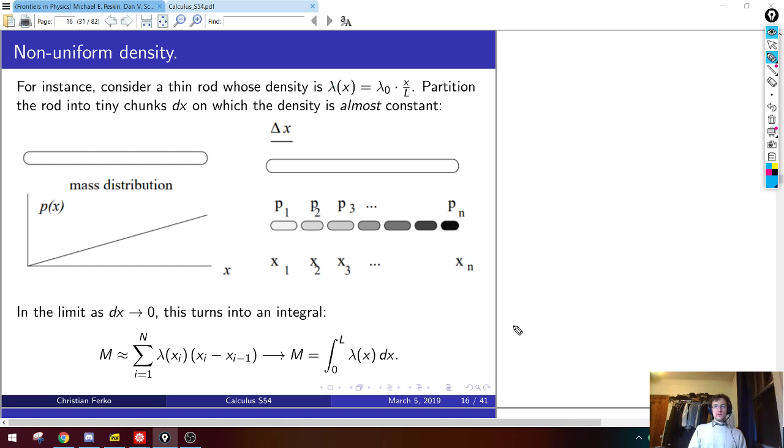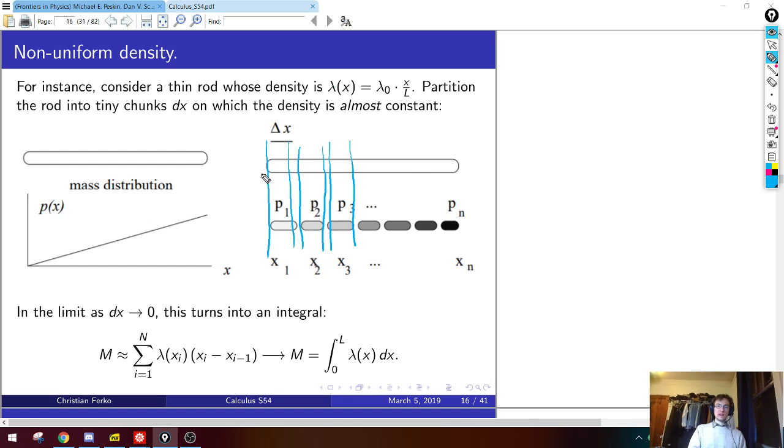So you do what you normally do in calculus, which is to say, well, I don't know how to find the mass of something whose density is changing, but I would know how to do it if this were a bunch of discrete point masses, the way that we did before. So what I'll do is chop up this rod into tiny pieces, so tiny that the density is approximately constant on each of those little chunks, and then add up the masses from each of these chunks as though they were discrete point masses. So what would that look like?